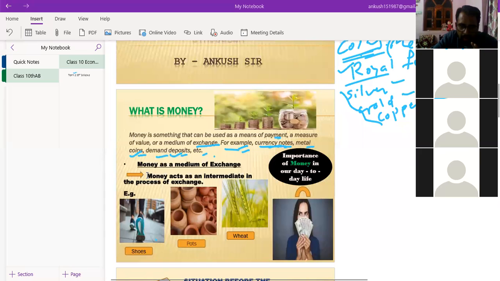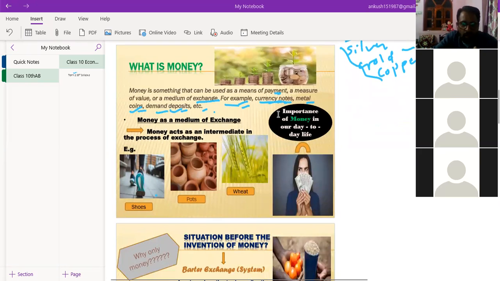Okay, so money as a medium of exchange, how do you explain it? The importance of money in our day-to-day life, as we have already discussed. What is the importance of money in our day-to-day life? Whatever you want, you can purchase. Understood? Whatever you want, you can sell in